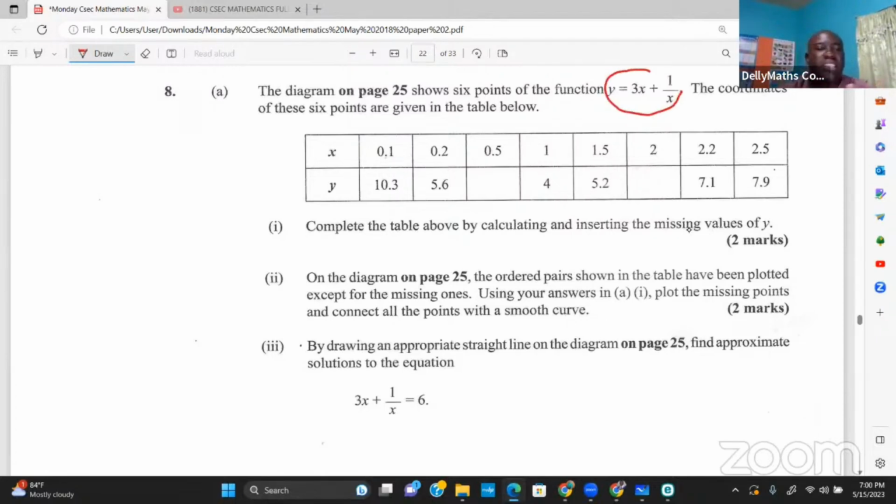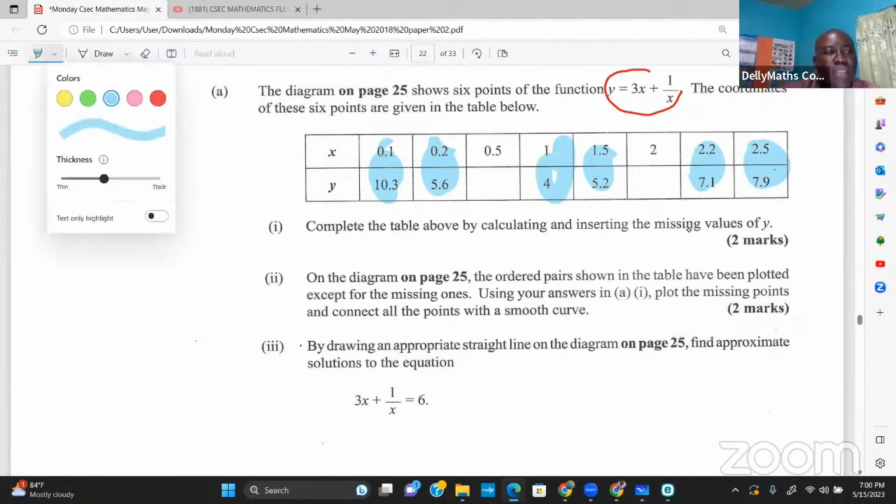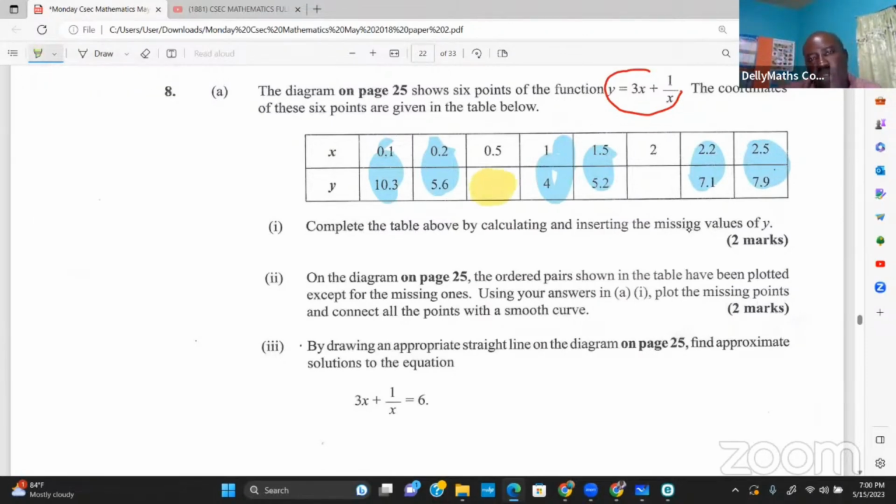The coordinates of these 6 points are given in the table below. You're seeing the ones that we got. We got these, we got that, we got that. So we actually got 6 already. What we need though is to fill out these 2 little spots. We want to know what that is, what that is. We do have the x values that we're going to plug in to get them. So when they want us to complete the table here,